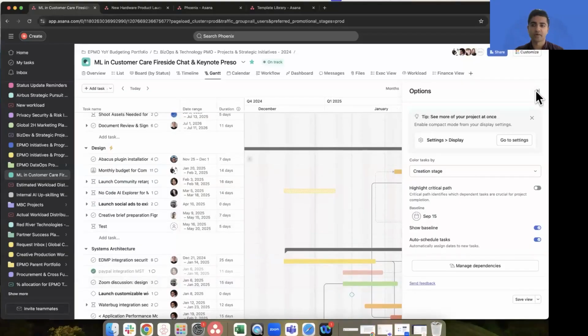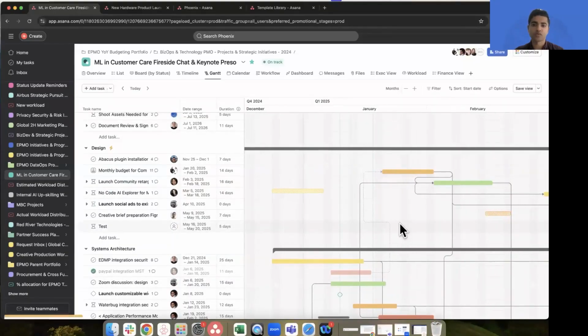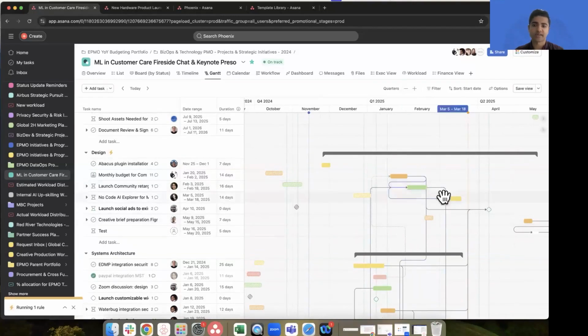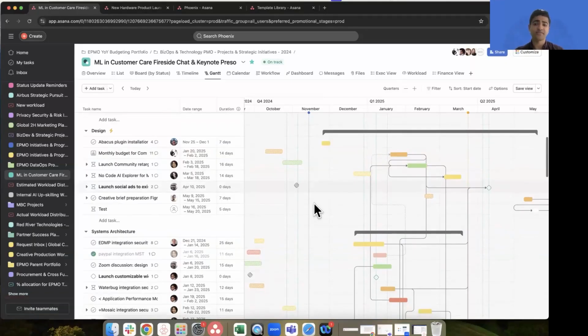So I can zoom out a bit, and I can see that for each of these tasks, on September 15th, these tasks were all earlier. So even though it looks like we're not past due on any work here, it's evident that the entire project in and of itself just got delayed for whatever reason. And now we can see information like that, which in spreadsheets we might not have been able to.